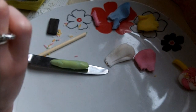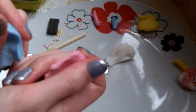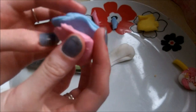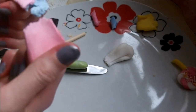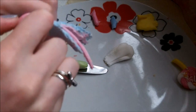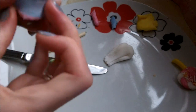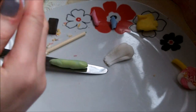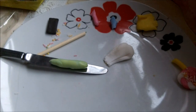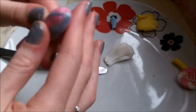Okay, so for his shell, what colour should I do? I think I'm going to mix the pink and the blue and hopefully make a nice purple colour. But if I can keep it slightly stripy, that would be cool. Because snail shells are never just one colour, they're always different shades. So if we do something like this,